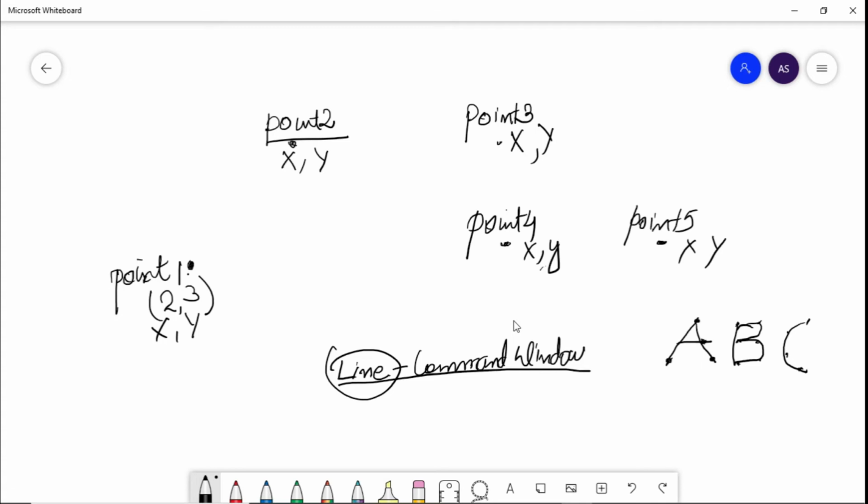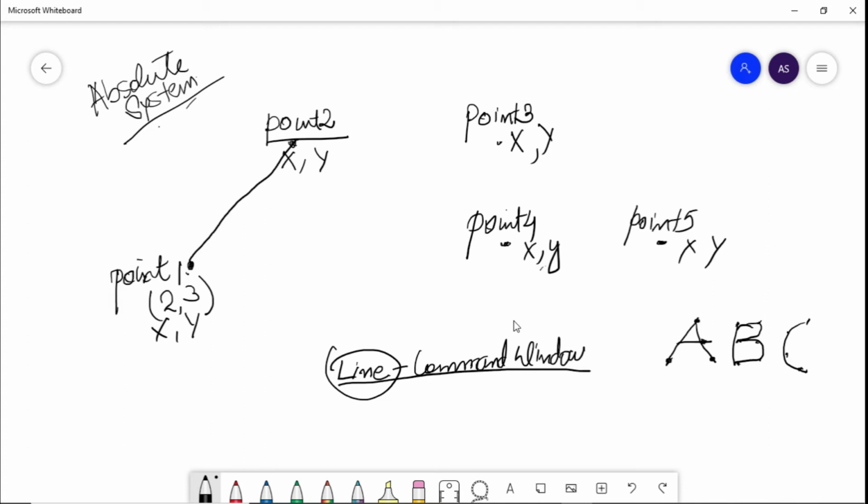And we are doing this example in the absolute system. So with 2 comma 3, now we have to move to point 2. So point 2 means you're moving like this. To keep a movement in this direction, it means we are changing both the value of x as well as the value of y.